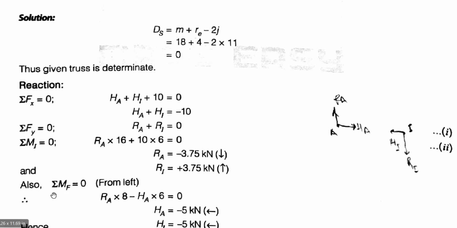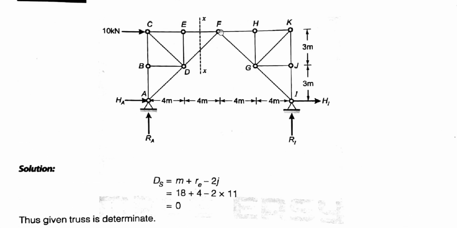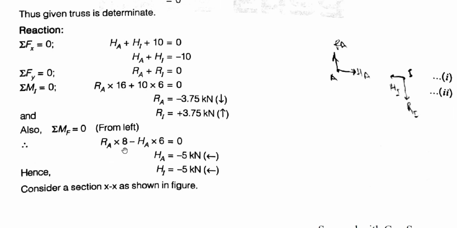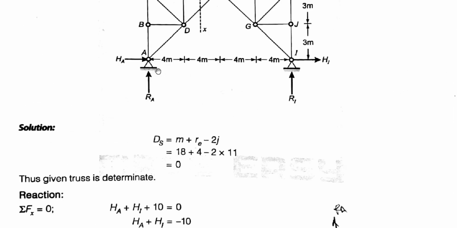Now also from summation of moment at F is equal to 0 from left. As we know in the trusses all the joints are pin jointed, so the summation of moment at this F joint is also 0. Now considering from left, RA into 8. So this is our RA value, RA into 4 plus 4 is 8. So RA into 8